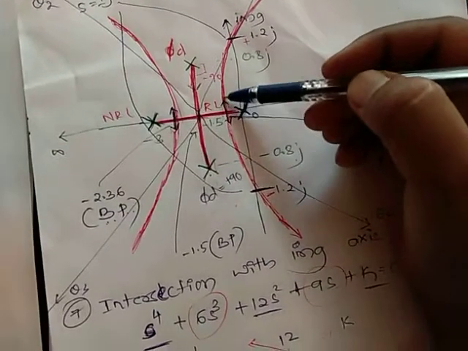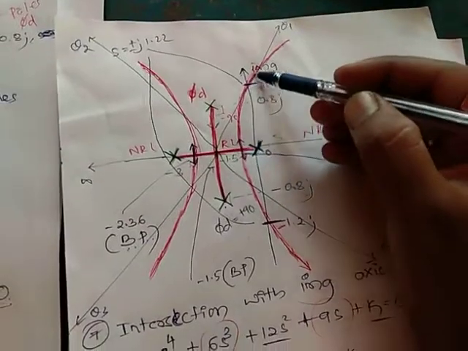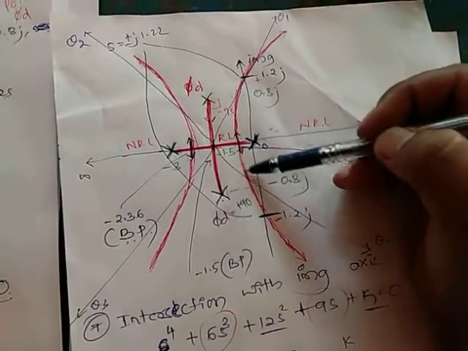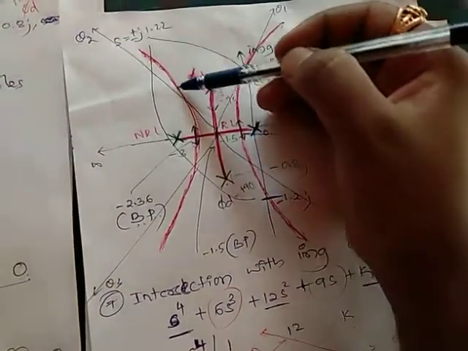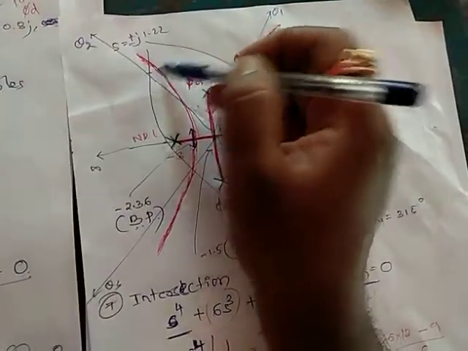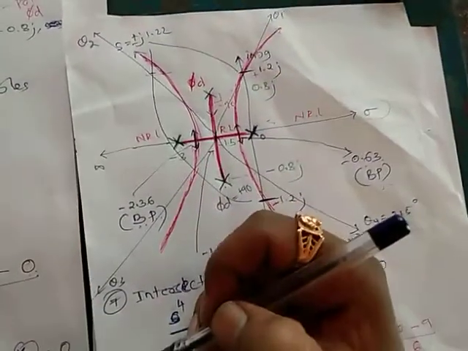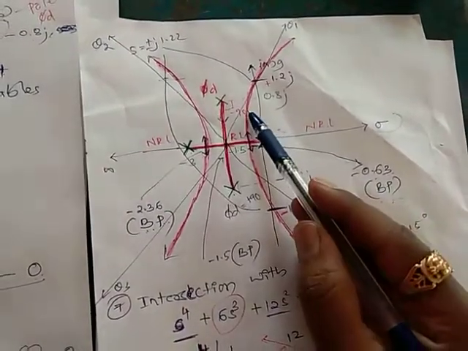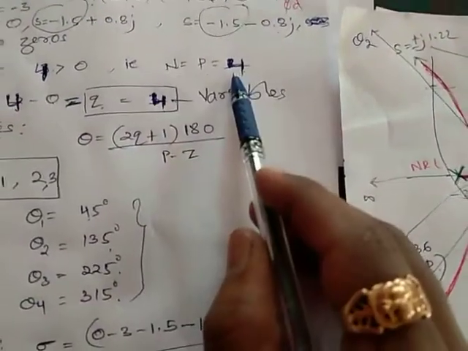From this breakaway point root locus will come, it will intersect the imaginary axis at plus 1.2j and it will move with respect to asymptote. Similarly here also. And from this breakaway point, similarly it will go, you will get a mark here in your graph. Then again it will follow the angles. Here also angles. So totally 1, 2, 3, 4. N equals 4. You can see here N equals 4.